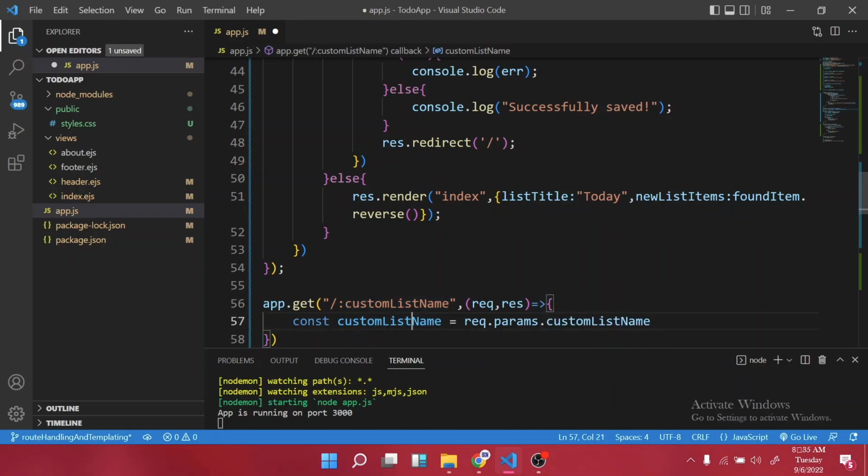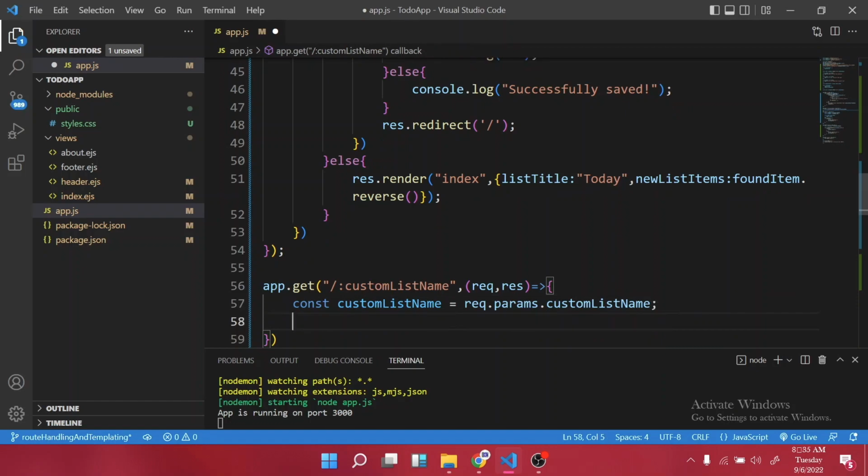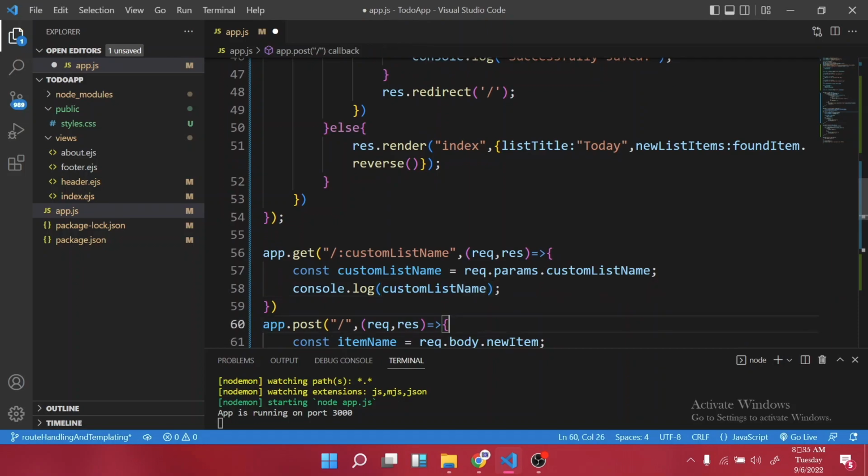This one you can give any name you want, but I'm deciding to give it the same name. So now what I want us to do is just console log the custom name here, so that you know how it is working. So let's save it